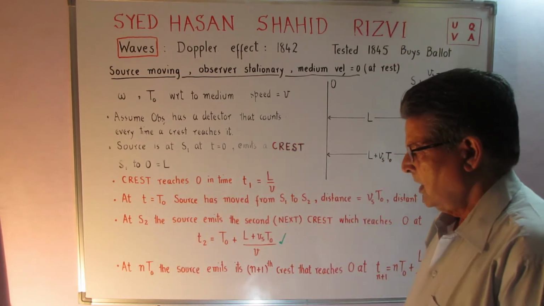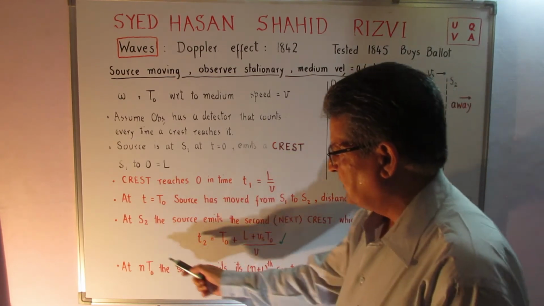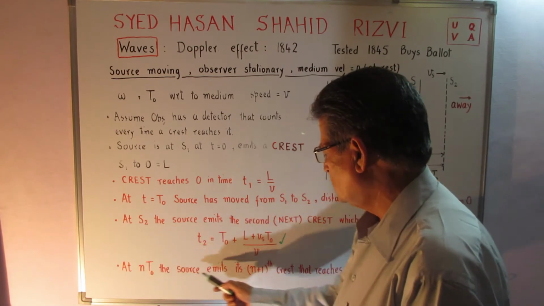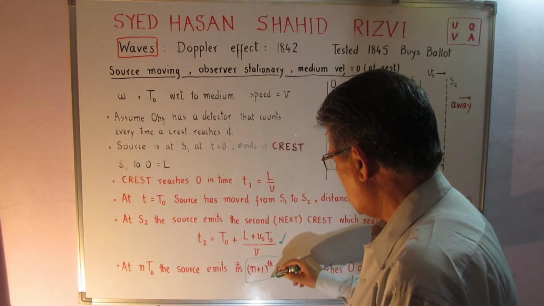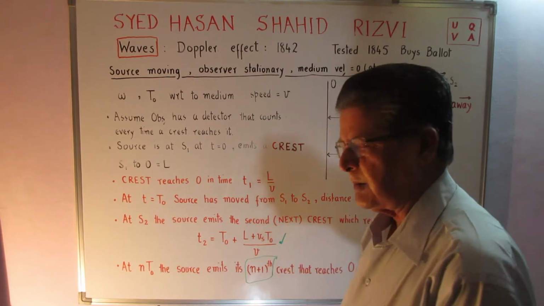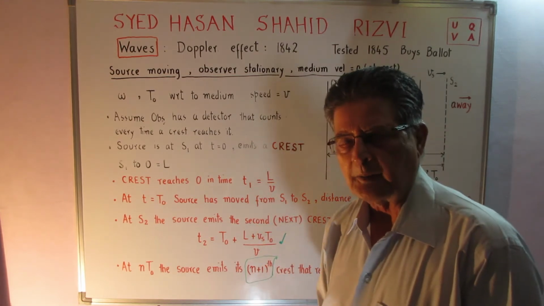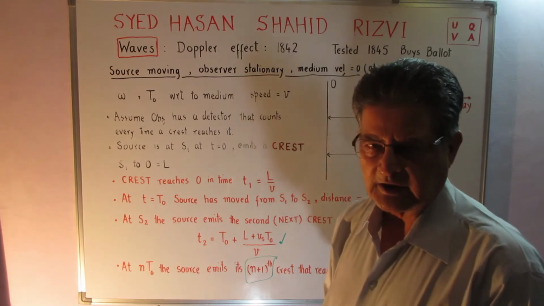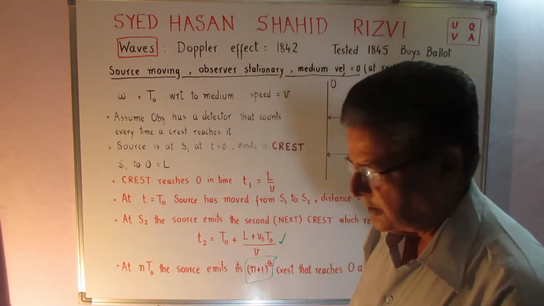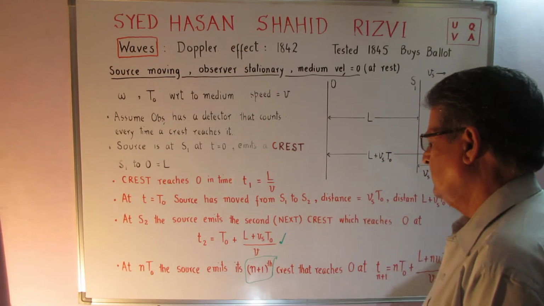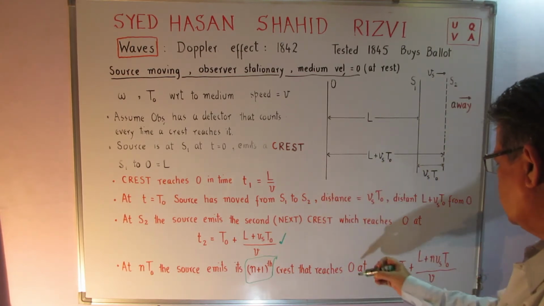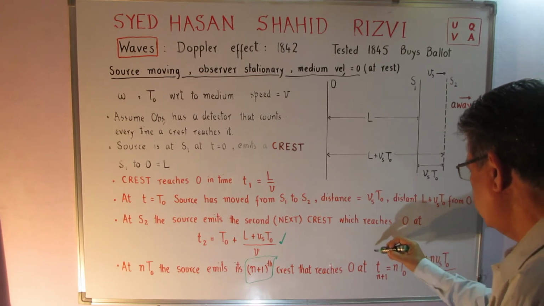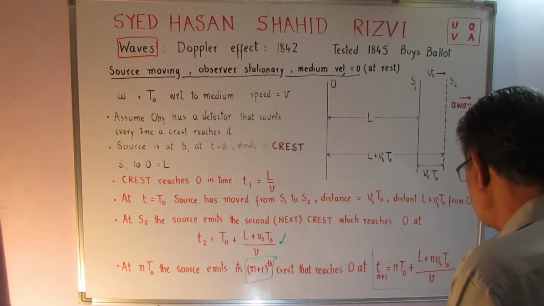When the time that elapses is equal to n T naught, the source emits the (n plus 1)th crest. Why? Because at time 0 it emits the first, at time T naught it emits the second, at 2 T naught the third, so it emits the (n plus 1)th crest that reaches the observer at a time which I will call